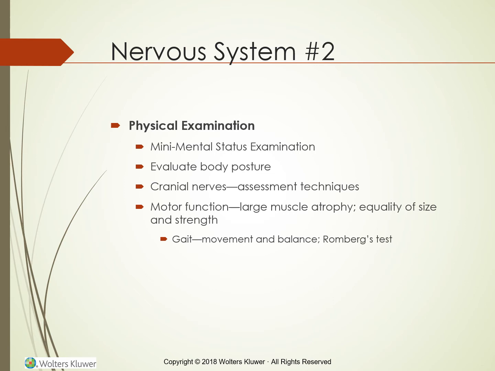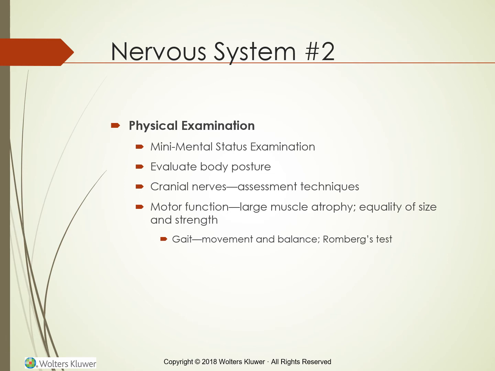Cranial nerves. The experienced examiner evaluates all or some of the 12 cranial nerves, table 36.2. Motor function. Assessment of motor function includes muscle movement, size, tone, strength, and coordination. The nurse inspects large muscle areas for evidence of atrophy and assesses opposing muscles for equality of size and strength. He or she asks the client to perform tasks such as pushing the palm or sole against the examiner's palm,